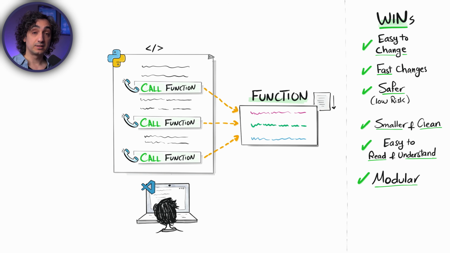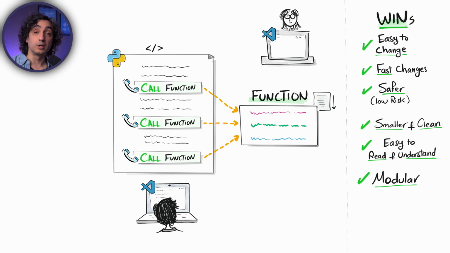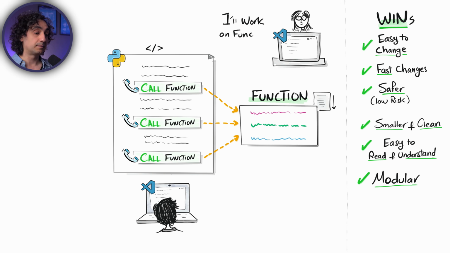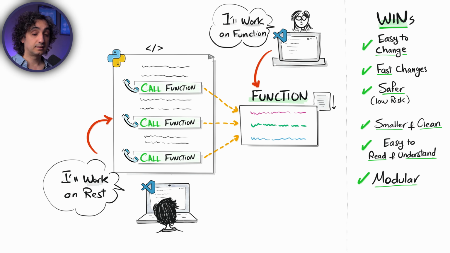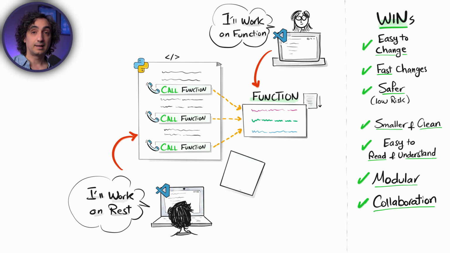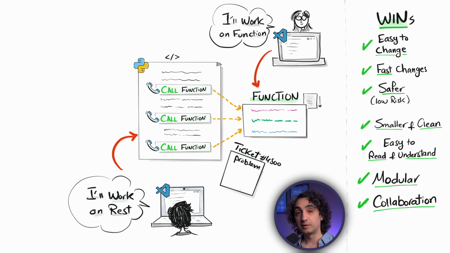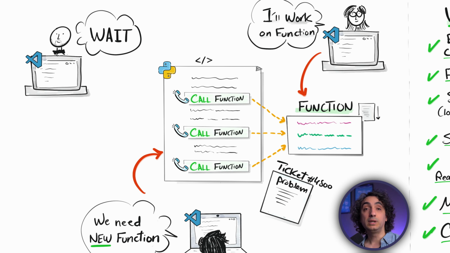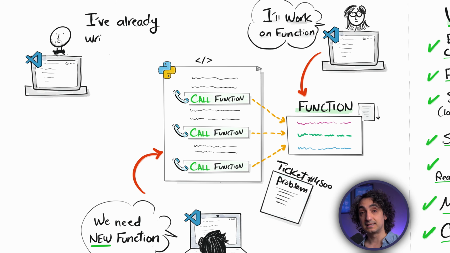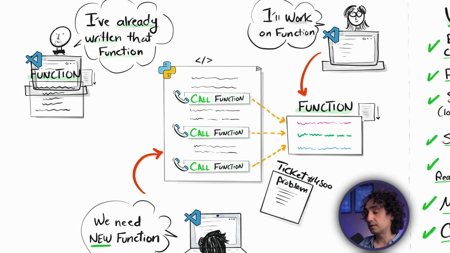And using functions as well improves collaboration in projects. For example, we can split the work. One person can work on the function and another one can work on the rest of the code. And another thing, since we are talking about teams, it also speeds up projects. This is what usually happens: different developers are going to work on similar problems. So now instead of each one of them writing the code from scratch, we can start reusing stuff. So we can say, for example, hey, I already did this issue. I have a function for it, so just go and reuse it.